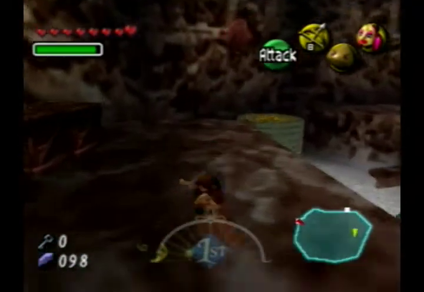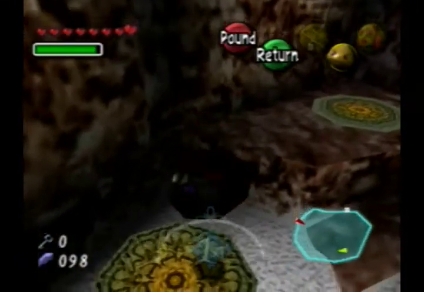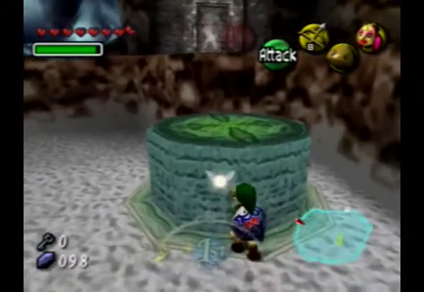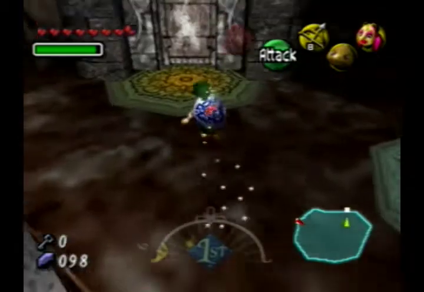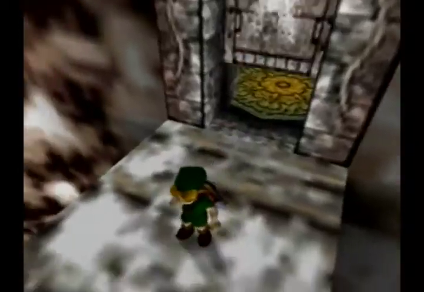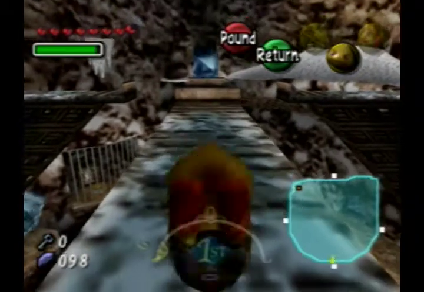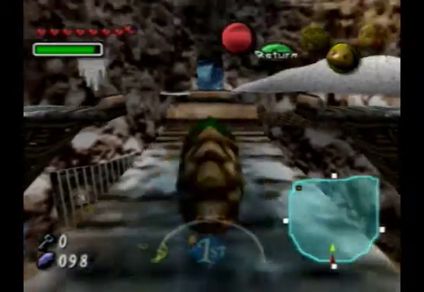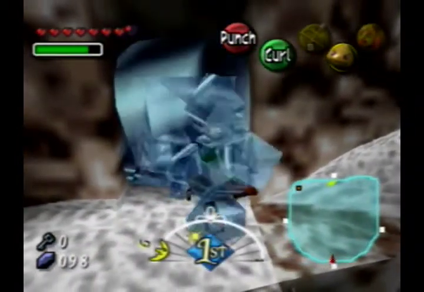Now, coming up real soon will actually be an area that we can use the, what's his name? The Scarecrow, yeah. We can actually use the Scarecrow in order to get to a heart piece. I'm going to be saving all the Scarecrow heart pieces for last as well. It's going to be one of the last heart pieces I